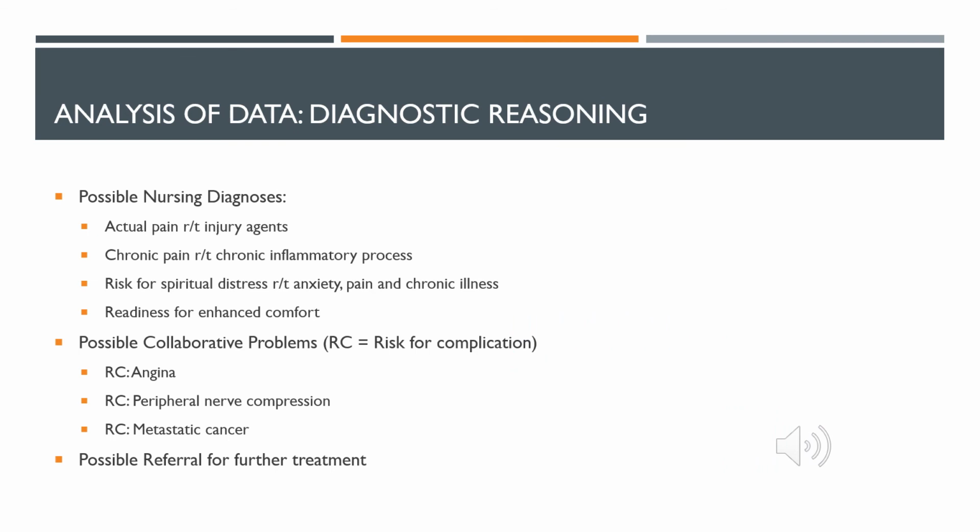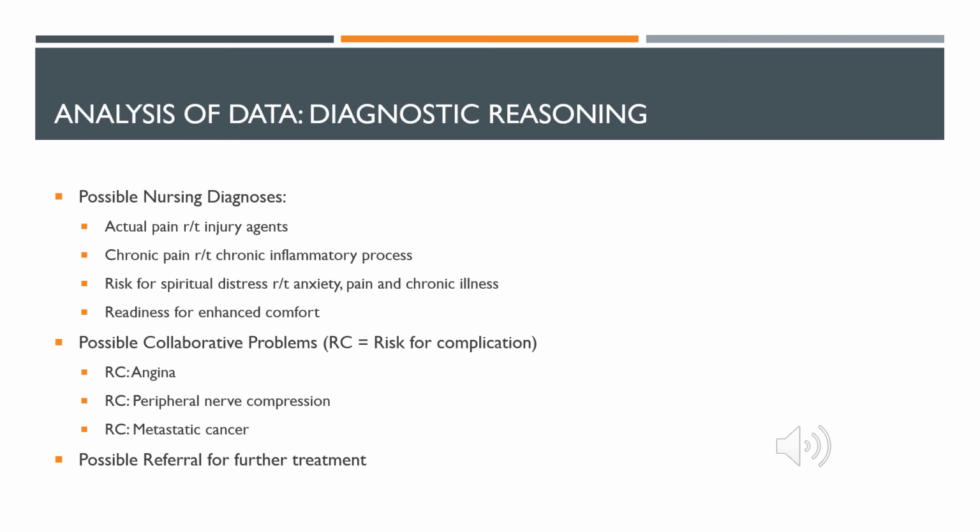Okay, so everything that we do with assessments from here on out, I want you to remember the ADPIE, the nursing process. So after you've collected your assessment data and you've identified abnormal findings, you're analyzing that data. I want you to think about clustering that data and trying to determine what you do next with that, right? So there's, again, 3 different ways you can go. You can create nursing diagnoses that are things that we can do with nursing interventions, and then there's collaborative problems,